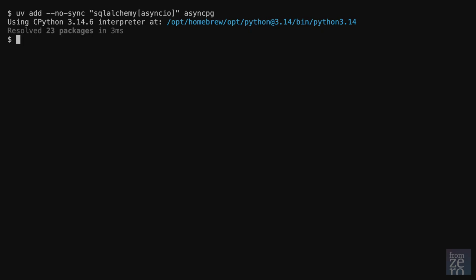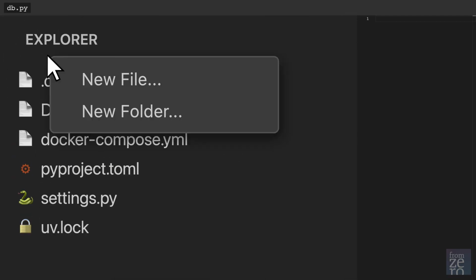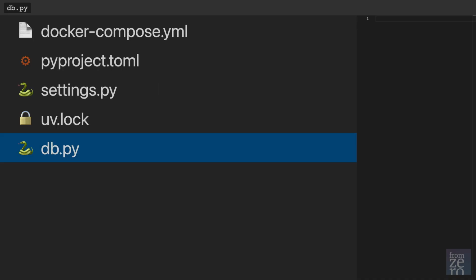As we mentioned earlier, we'll be using SQLAlchemy's core module, not the full ORM, for our application. Add them with uv add. The --no-sync flag just declares them in pyproject.toml, and they get installed when Docker builds the container. Now we'll go ahead and create our database driver file. So create a new file we'll call